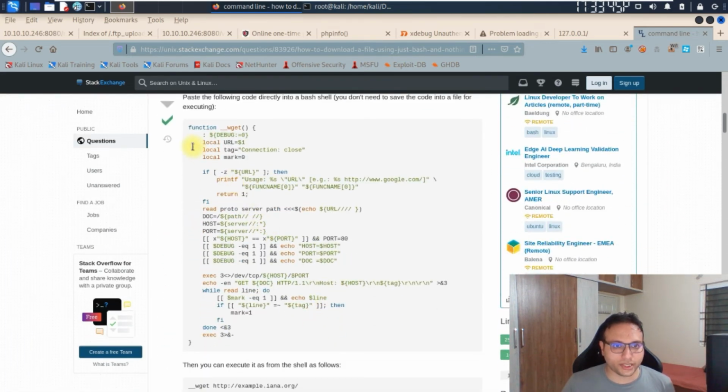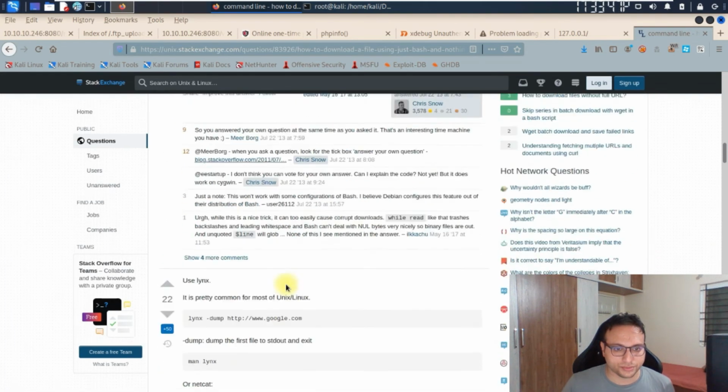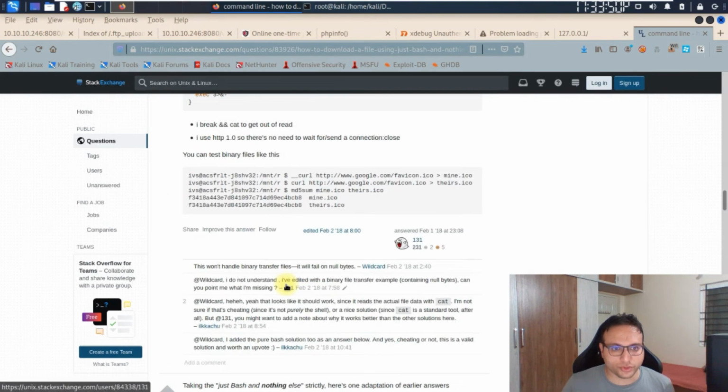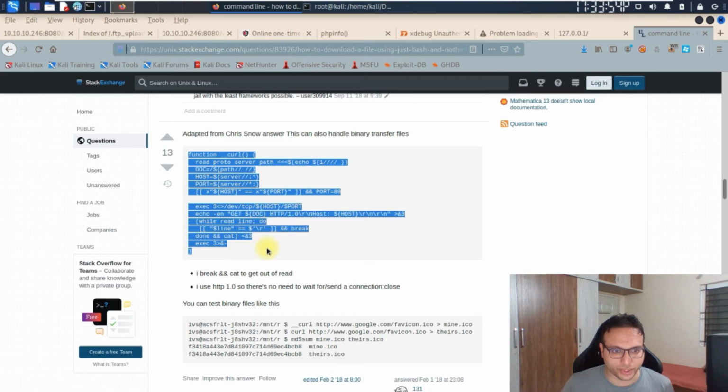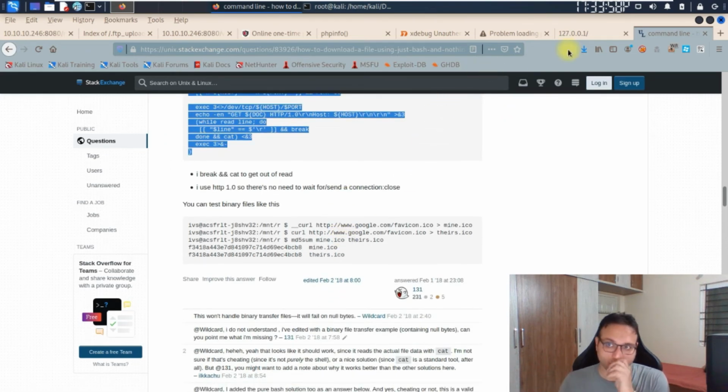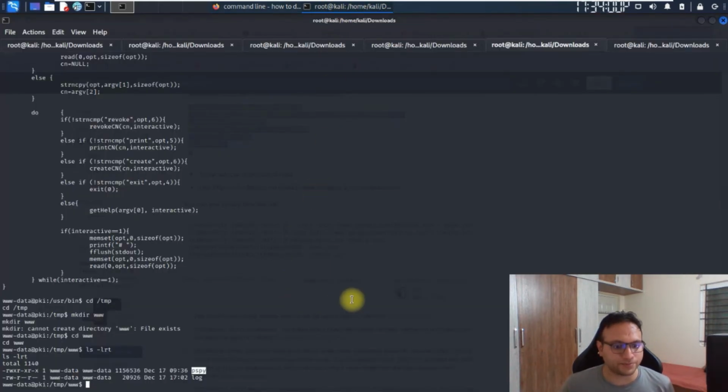So over here we can see the code which we have to use in the context of curl. This is the code present over here. I'll simply use the same code over there. So what I have to do is go back to the terminal, copy all the content which I have already shown you, and paste it.